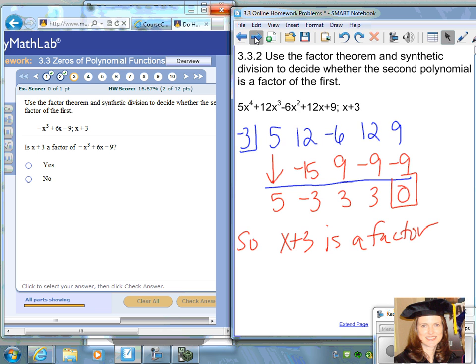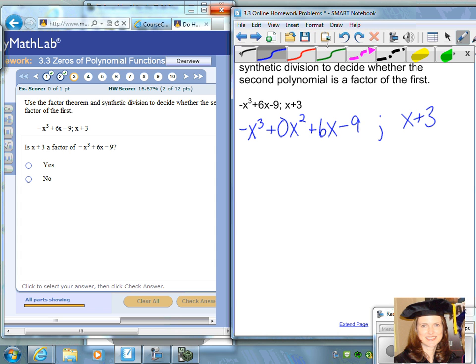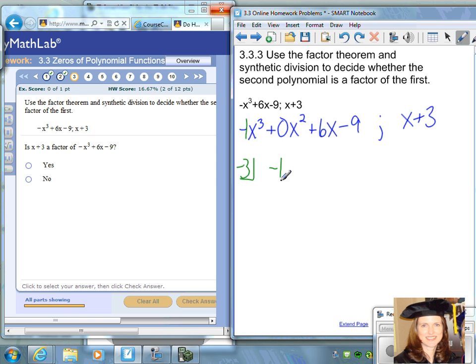Okay, let's look at number 3. Use the factor theorem and synthetic division to decide whether the second polynomial is a factor of the first. Well, we are missing an exponent here, so I'm going to write this as negative x cubed plus 0x squared. There's a missing x squared term, so you want to put a 0 in the setup for synthetic division. And the other polynomial is x plus 3. You want to divide by x plus 3, so that means you would have a negative 3 in the box. Then using the coefficients, beginning with negative 1, 0, 6, and negative 9,